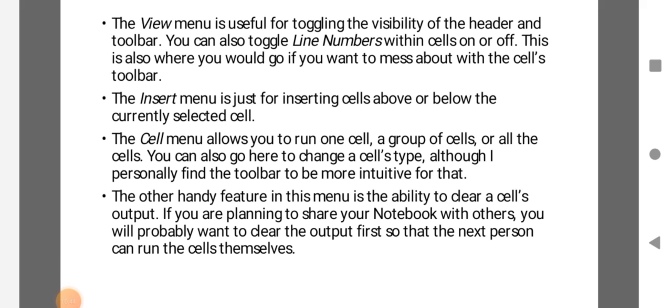Here, first, the insert menu is just for inserting cells above or below the currently selected cell. And we can copy, cut, or paste the cells. And next, we have